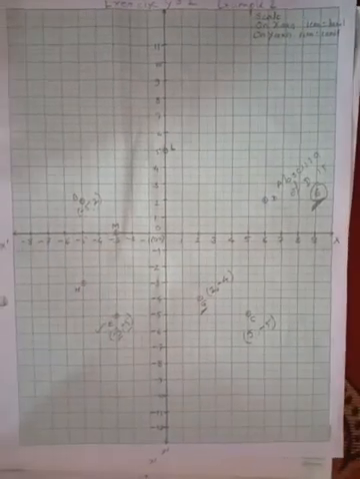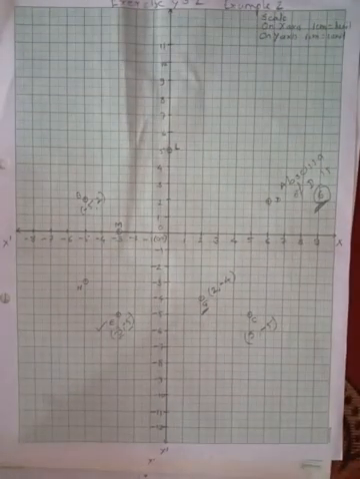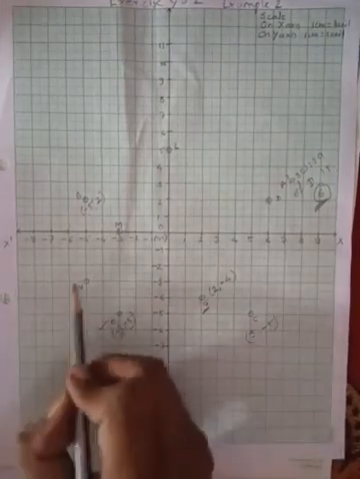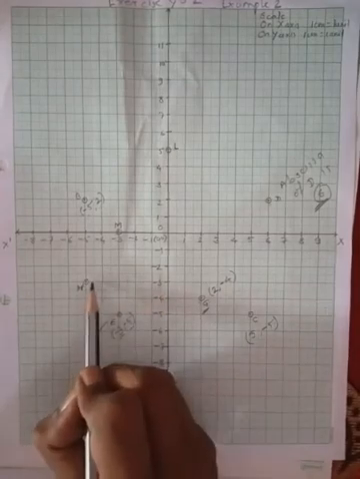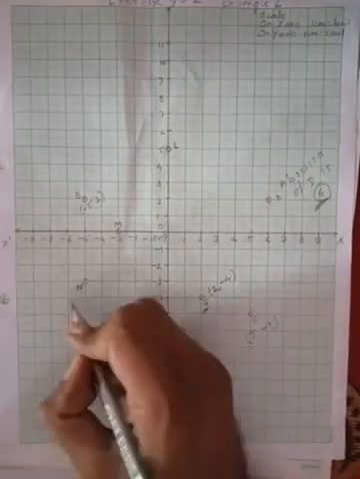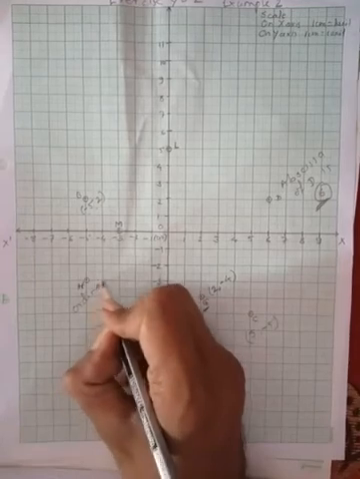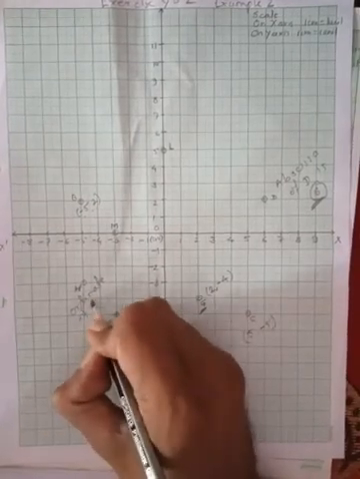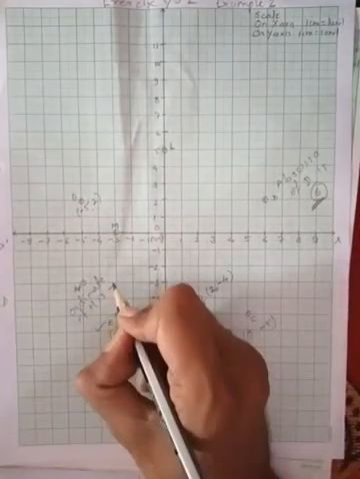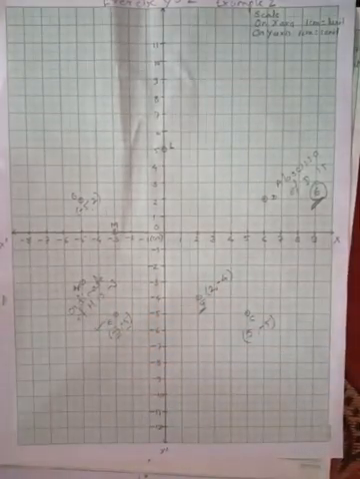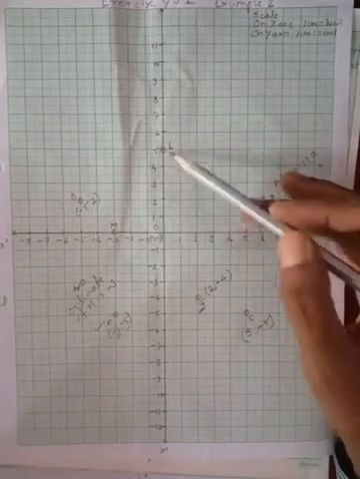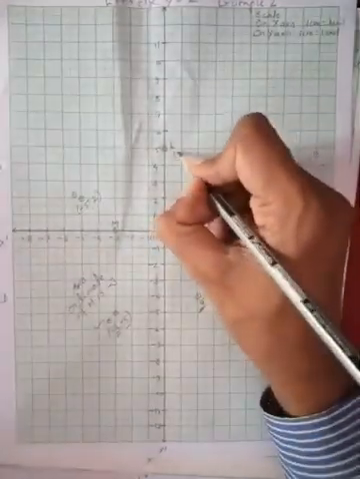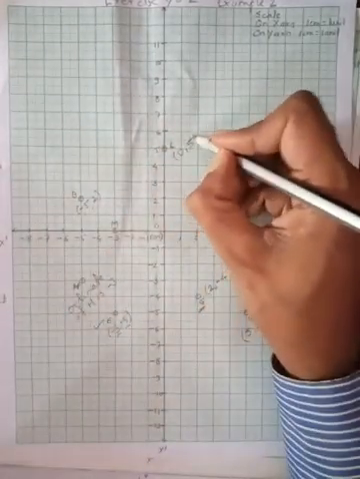Now next is ordinate of point H. This is H. Ordinate means y coordinate. Now perpendicular on y-axis. If you draw the perpendicular on y-axis, it will go to negative 3. So ordinate of point H is negative 3. The coordinates of point L. Point L is here. So if you draw a perpendicular on x-axis, you will note that it will go to 0. It means x coordinate is 0, and y coordinate, if you draw perpendicular on y-axis, it will go to 5. It means the